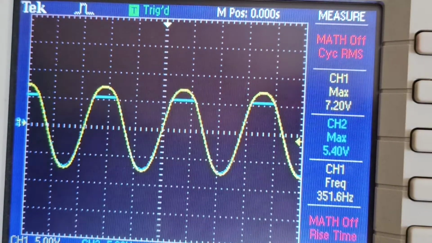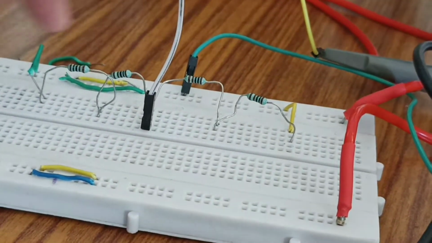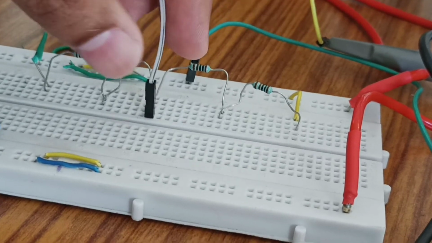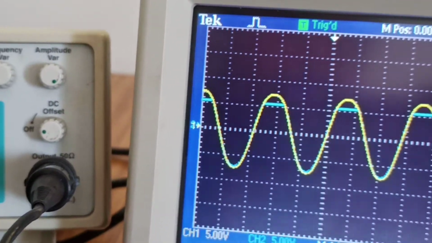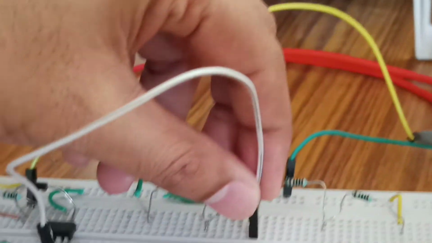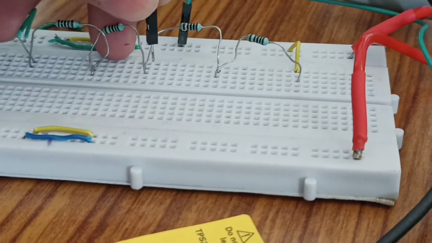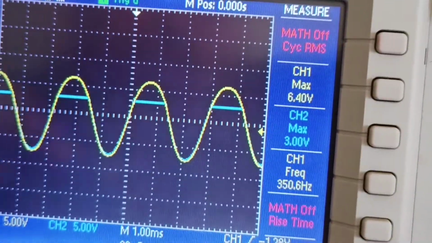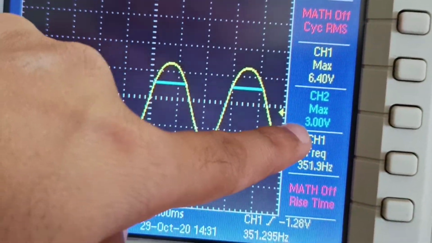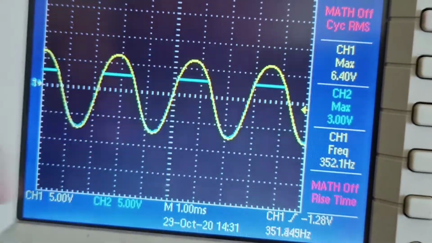Now simultaneously we are going to see how we are changing that reference point. This is the reference, 1 2 3 4, which means we have kept it at 5, and here you are seeing the clipping at 5. This is clipping. Now I am changing to 2.5, and now you will see the clipping at 2.5. See, the maximum voltage you are going to get is 3 volt, which means around 2.5 only you are getting.